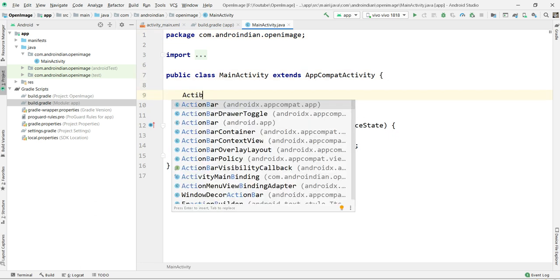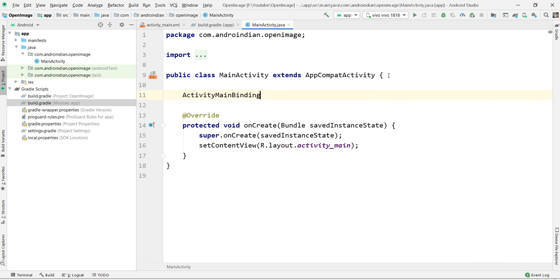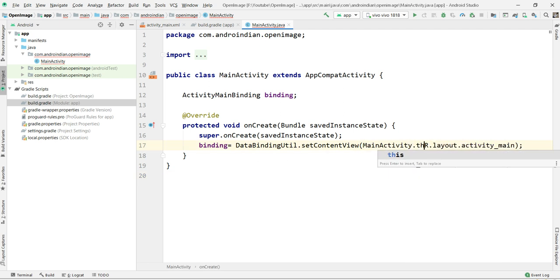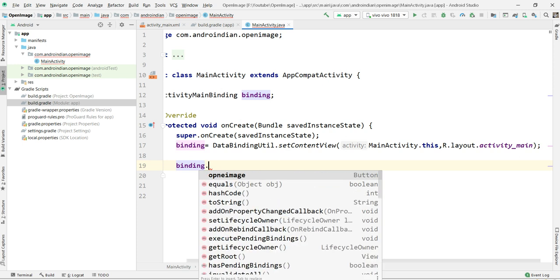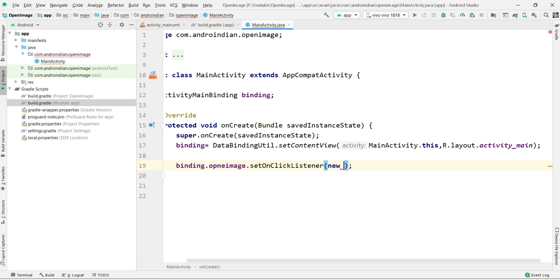Activity main binding, then here I'm applying this binding equal to DataBindingUtil dot setContentView. Here I'm applying the context, that is MainActivity dot this. Then after that I'm applying this binding dot button open image dot setOnClickListener new View dot